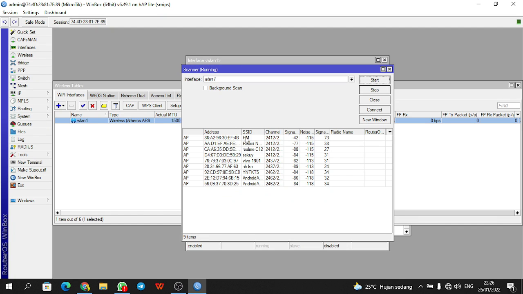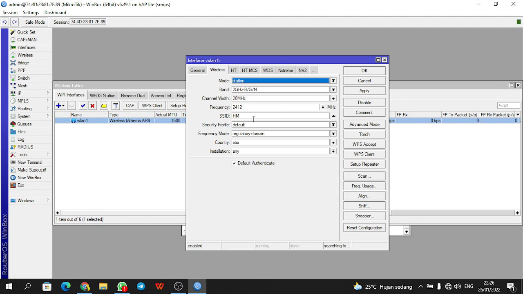Okay, we can select the Wi-Fi. We can connect, and we can run the router. Next we complete the SSID, this Wi-Fi, and for security profile, select profile one. You can apply.